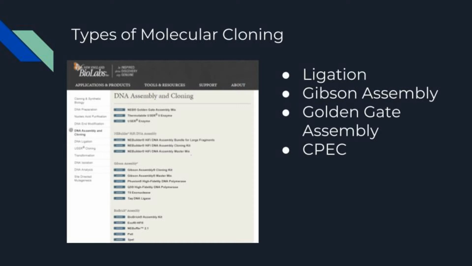So there are many ways to engineer bacteria. In fact, every year scientists are coming up with more ways, more tools that we can use to alter the DNA of bacteria and achieve the results that we want. Every method for engineering bacteria has its advantages and disadvantages, and everyone has their own personal preferences as to which method to use. Some examples of these that we're going to be talking about in much more detail later are